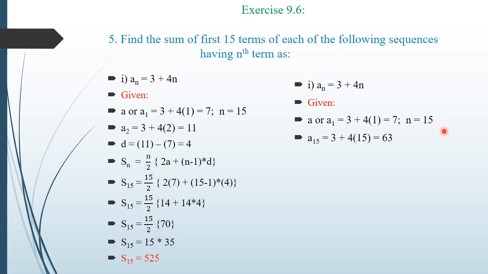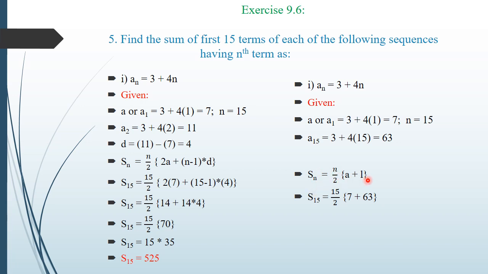Using this first term and nth term, I'll directly calculate the sum up to the 15th term. Means I need to calculate the sum up to the 15th term, therefore I calculated directly the last term, that is the 15th term. If I had to calculate the sum up to the 25th term, I would have directly calculated the 25th term. Then I would have used one more formula, that is Sn equal to n by 2